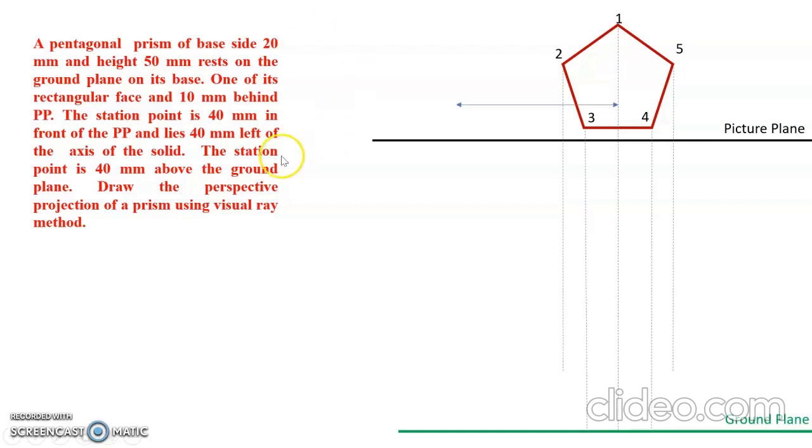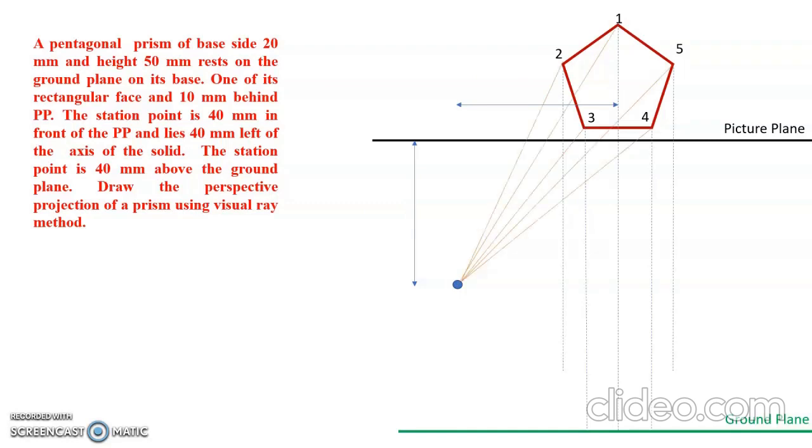So the station point is 40 mm left of the axis of the solid. First I am fixing the axis of the solid. The axis lies here somewhere, and then 40 mm to the left. They also said the station point is how much in front? 40 mm in front. So this distance is also 40. This is the in front distance and this is left of the axis of the solid. So now I have fixed the station point 1